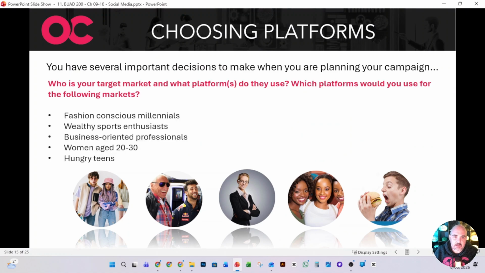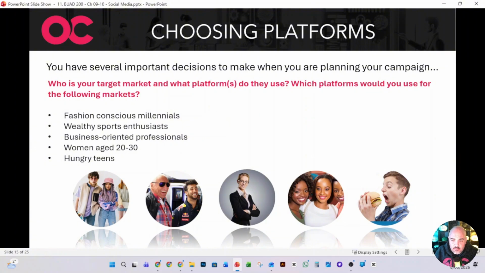Okay, let's think about platforms. So we've got fashion-conscious millennials, wealthy sports enthusiasts, business-oriented professionals, women aged 20 to 30, and hungry teens. What platforms do we think we're going for? Fashion-conscious millennials are probably going to be on a visual platform like Instagram or TikTok. Sports enthusiasts are likely to be on X. X has a lot of news, remember, guys.